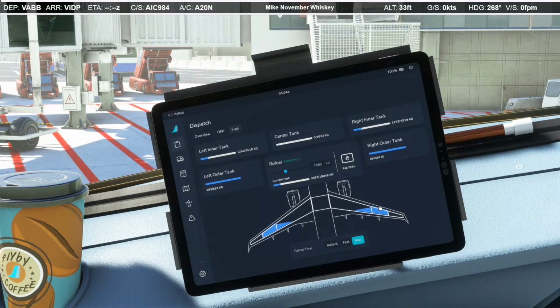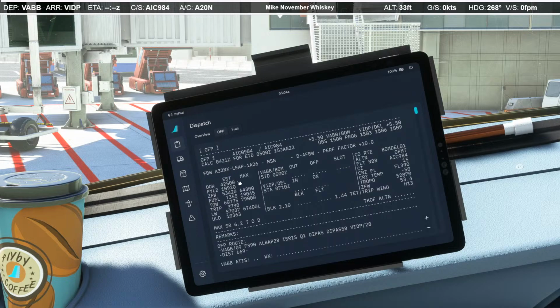So passengers are boarding. We are refueling. Let's go ahead and get things prepped before we jump into the box. So let's look at our OFP tonight. We are flying from Mumbai to Delhi, same time zone there. It looks like we'll have about an hour and 40 minutes in the air, plenty of time to chat in cruise if there are any questions about what I'm doing in the sim, and we can also learn a little bit about the Delhi airport as we fly towards it. Max shear rate of 6.2, so it might be pretty bumpy at the top of descent, but we'll see if you should expect turbulence anywhere else.